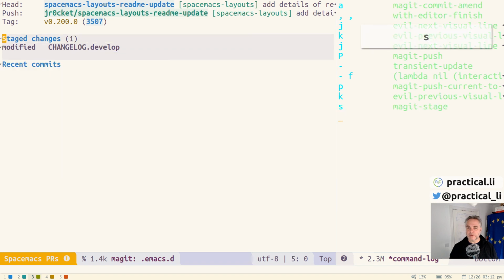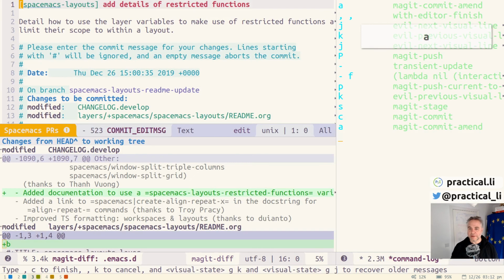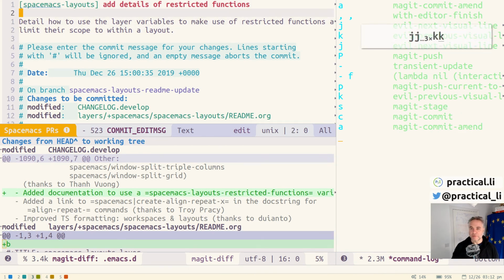So if we stage that change and then do a commit, and instead of creating a new commit, we just amend the previous commit. This will create a new commit, but it creates a new commit from the old one, so we don't have to re-enter any of the commit message. We can keep it as it is, and it's adding the commit detail and the extra file to our commit. So we just do comma, comma,